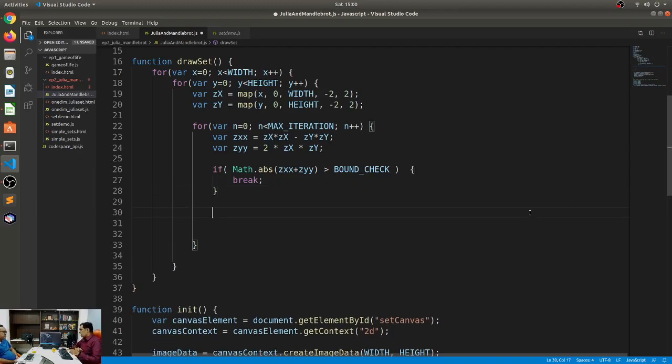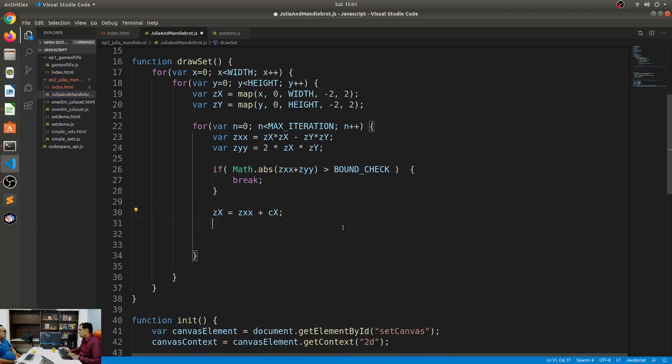But now remember, I'll have to do the z square plus c. So essentially, once again, not zxx, which is a, right? So zx is equal to zxx plus cx, I mean, we have a cx over there.